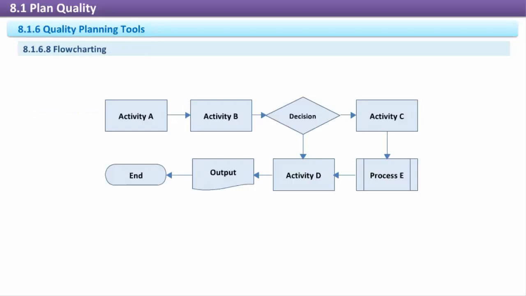Flowcharting. A flowchart is a graphical representation of a process. There are a lot of different flowcharting approaches, but they all show the sequencing of activities, relationships, branches, and decision points in a process. Flowcharts help everyone to better understand the process by seeing it broken up into small, step-by-step